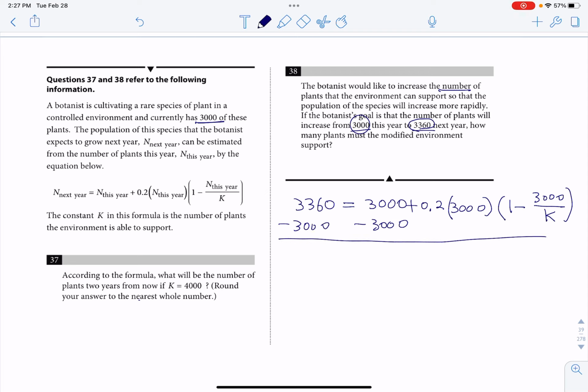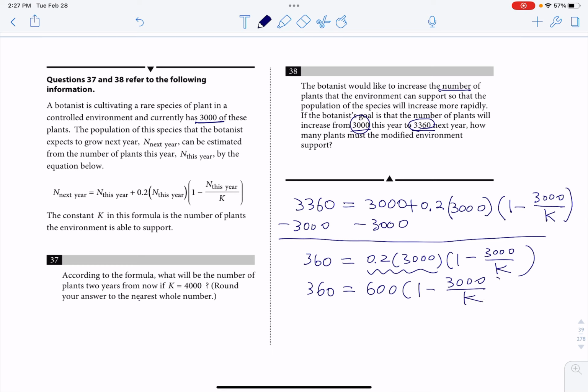Then you will get 360 equal to 0.2 times 3,000 and then 1 minus 3,000 over K. 0.2 times 3,000 will be 600. So 360 equals 600 times 1 minus 3,000 over K. And this is multiplied together with the parentheses. So you divide by 600 on both sides. Then you will get